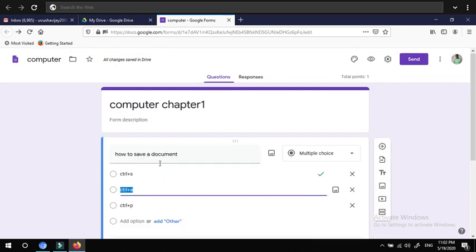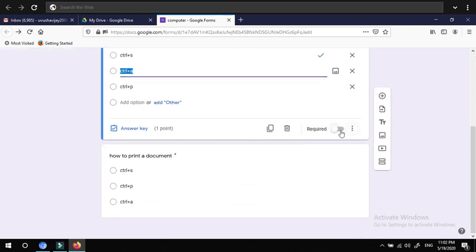So similarly, if you want to make changes here also, you can give. That's your wish. So if you disable this also, no problem. But without answering the particular thing, they are not able to move to the next section also. They should attend all the answers, and then only they can move to the next section as well as the submit option.